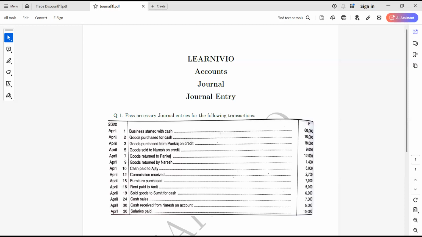Yes, sir. Sir, in this, like April 12, commission received. So commission will come in nominal account, right? Because commission हम लोग का वो income या gain में आएगा, तो credit में आएगा, right? Income है, very good. Okay. So wait, इसकी entry क्या होगी फिर? Commission received. If this will go in credit, so